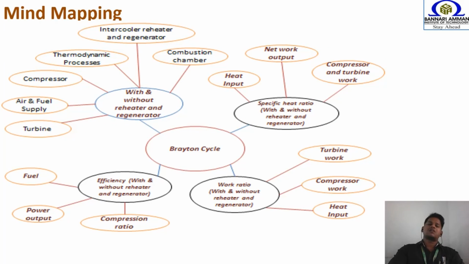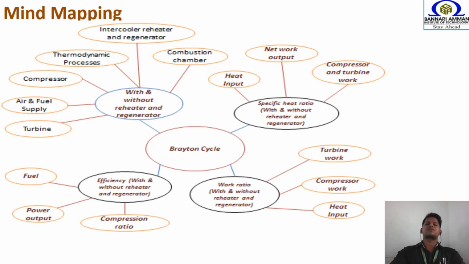So now let us recall the technical things we discussed in this video lecture. The first one is the Brayton cycle. Hope you remember that in the Brayton cycle we have four processes: 2 isentropic processes and 2 isobaric processes. That is, 1 isentropic compression, 1 isentropic expansion, 1 isobaric heat addition, and 1 isobaric heat rejection.